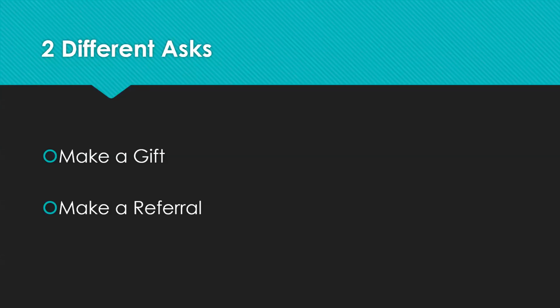The second ask will form a good portion of your strategy for finding a never-ending supply of new major donor prospects. Of course, you don't want to make both asks at once. You want to cultivate your donors and then ask them to make a monetary gift. Then steward them and keep getting them more involved. Later, as part of your stewardship process, you should ask them to open up their own Rolodex to help you find new donors for your nonprofit.